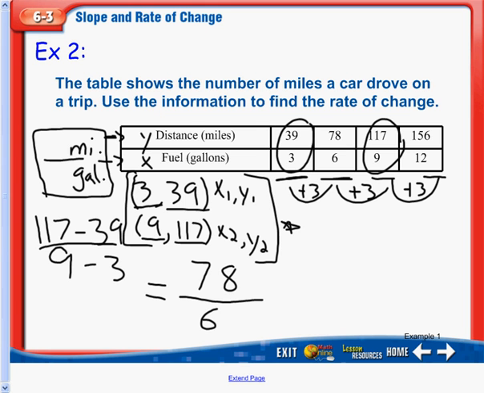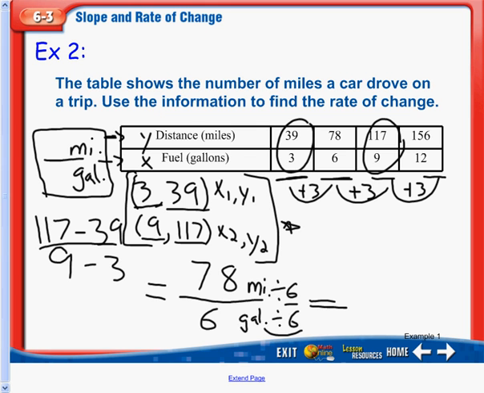So now I have 78 divided by 6. And again, we could use our calculator here. I'm just going to write mi and gallon on the bottom, so I can still remember I'm looking at miles per gallon. And since 78 is divisible by 2 and 3, 7 plus 8 equals 15, 15 is divisible by 3. 6 itself is 3 times 2. So we can divide both of these by 6